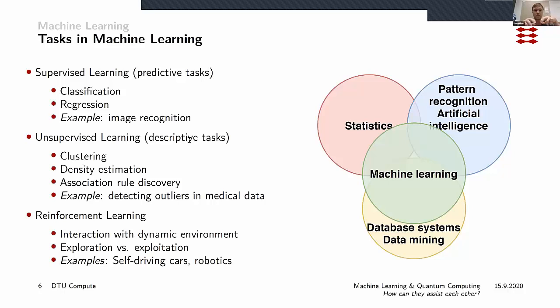We want to know that despite no humans actually labeling these images with cats and dogs, there still is this underlying pattern of maybe the cats grouped together, they have something in common, and the dogs grouped together. So that's clustering, and then we can also do density estimation, and we can do association rule discovery, where we discover what a dog often associates with, I don't know, with large ears or something like that. And an example of this is detecting outliers in medical data, right? That's a very obvious application.